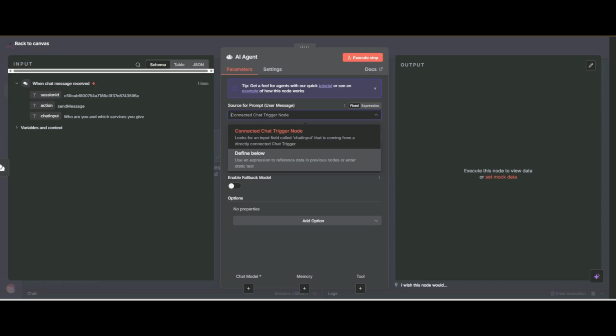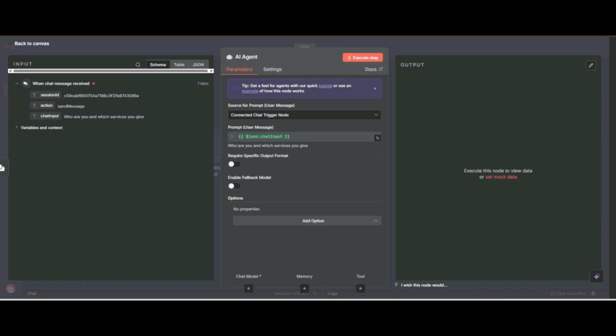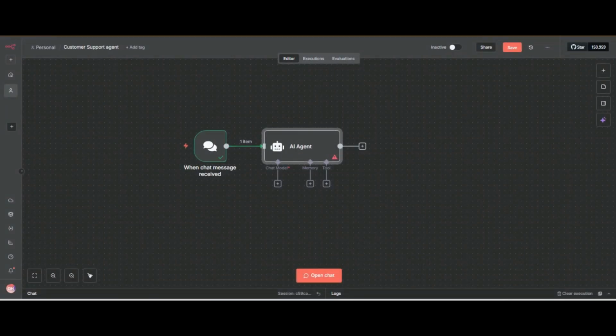So this is a section where the user message goes, and there is also a section, require specific output format, enable, we will discuss later.